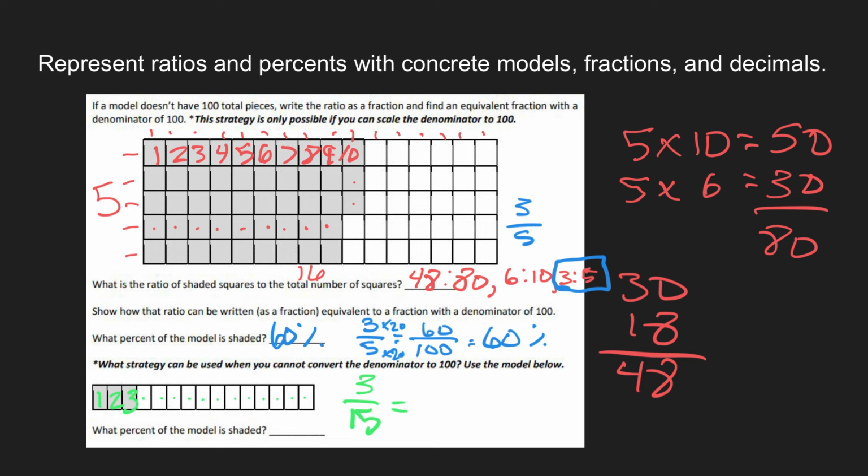If we simplified this, if we divide by 3 and divide by 3, I would get 1 out of 5. Then we could go up to 100, right? Times 20, and that would be 20%. So I'm not sure why they say it can't be converted to 100, because this one could, unless I miscounted. I mean, double check me. Maybe I just miscounted, but